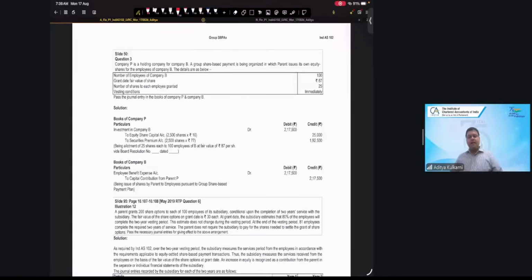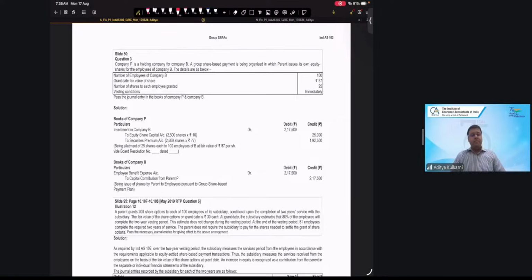Now, I'll cover employee share-based payments again as part of subsequent discussions. Before that, a couple of small pointers. What about share-based payments for goods and services other than employees? There are two aspects to this. The first one is timing: when are you going to record? The second one is measurement: at what value are you going to record?